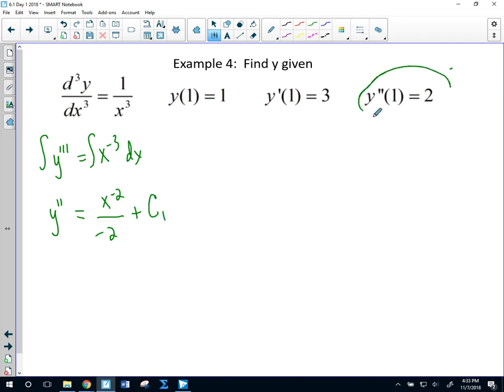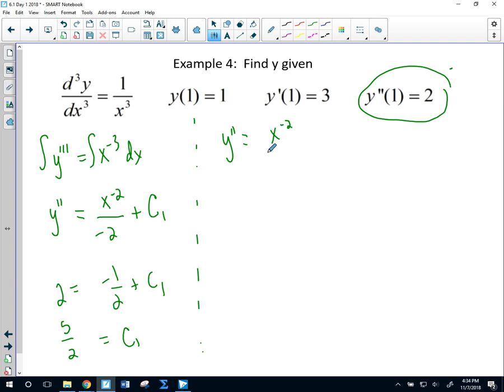So then I'm going to take this first condition and substitute it in. So y is equal to 2 when x is equal to 1. So when x is equal to 1, I get negative 1/2 as that value there. So my first constant is equal to 2.5 or 5/2. Okay, so that means my second derivative is equal to, I'm going to leave it with this negative power because I need to have it that way anyways. So negative x to the negative 2 over negative 2 plus 5/2. So what you're going to do now